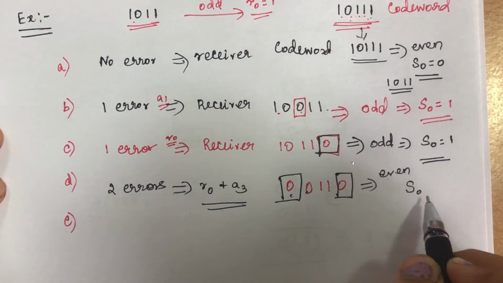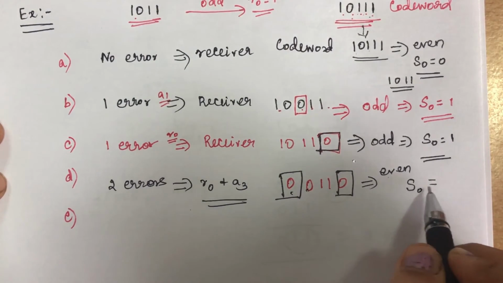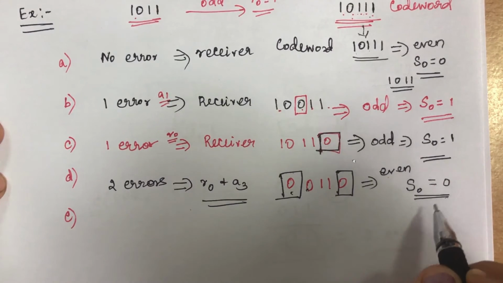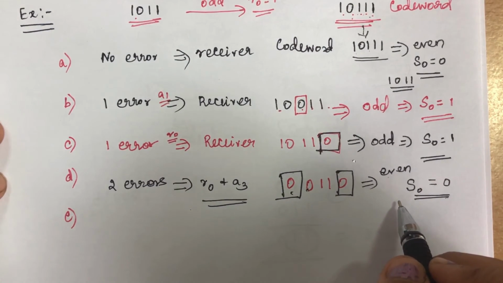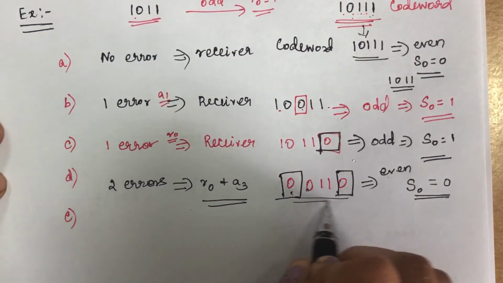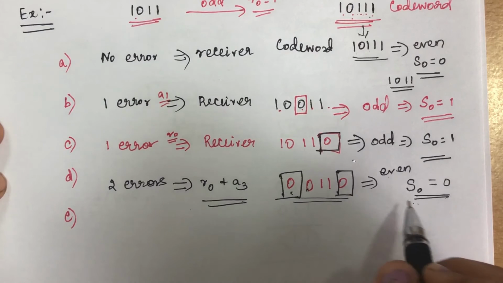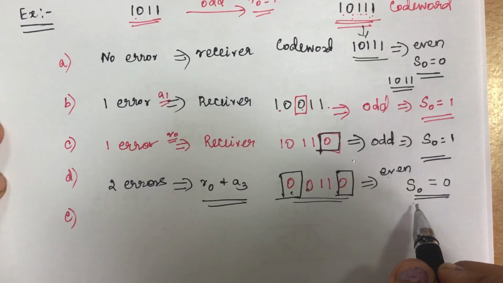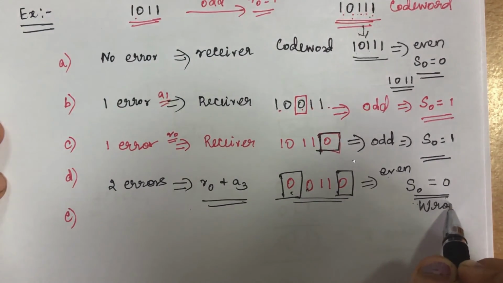So what S0 does is, since we have got an even number of ones, it will set S0 to 0. It will accept this number and extract the data word, but it has mistakenly accepted this transmission, even though the code word we have received is wrong. S0 thinks that since the number of ones is even, it is correct, and it will extract the data word and send it on. So this is a wrong case.